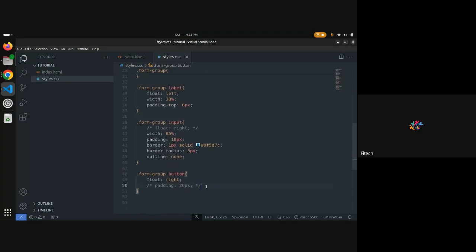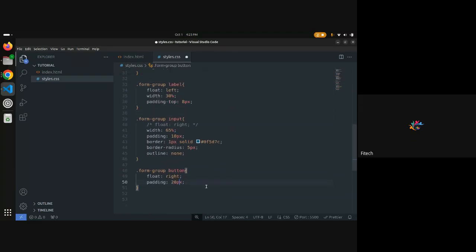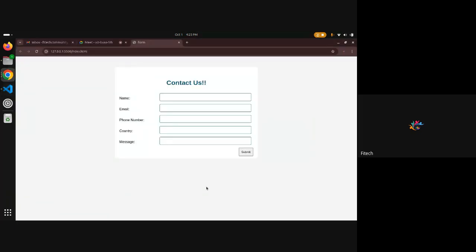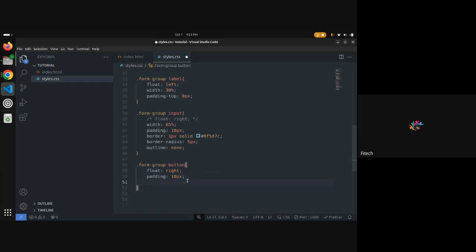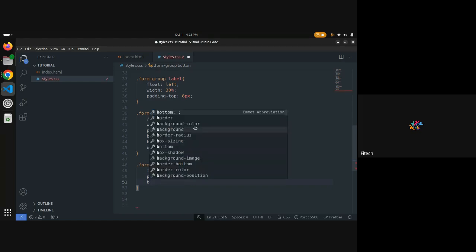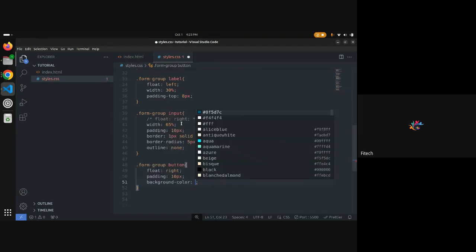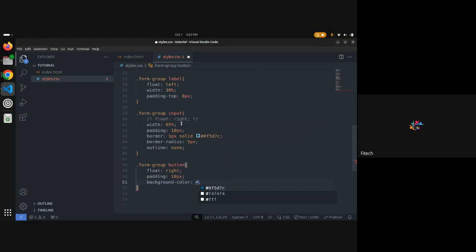So let's see, the button. Yeah, so that the button can have a little bit of space inside. Let's set the background color of the button. Background color should be, let's try